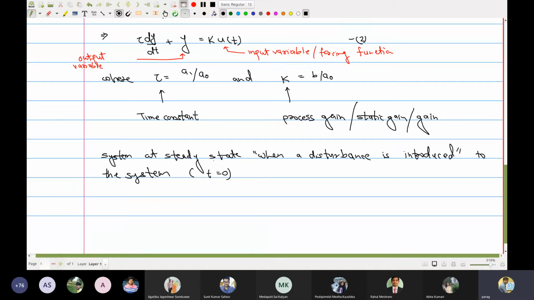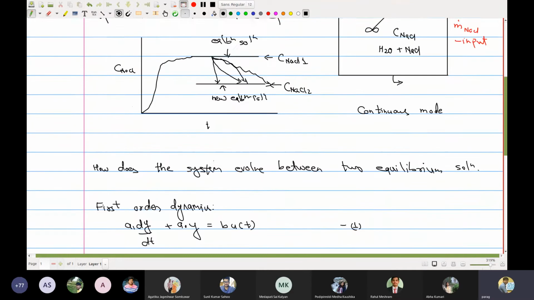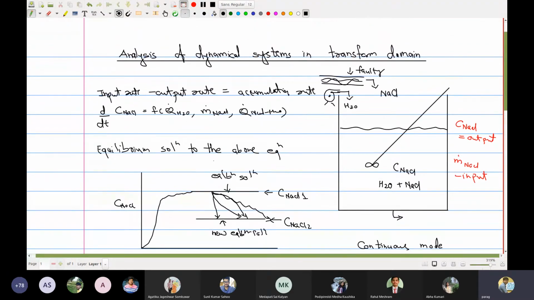You see, the equation is linear, so therefore you can shift the entire analysis in time and qualitatively nothing will change, right? So you say that I introduce a disturbance in the system, which means that at time t equal to 0, suddenly there happened a fault in the screw conveyor and the input flow rate decreased from 100 kg per hour to say 60 kg per hour.